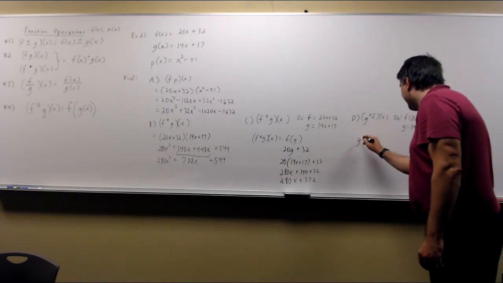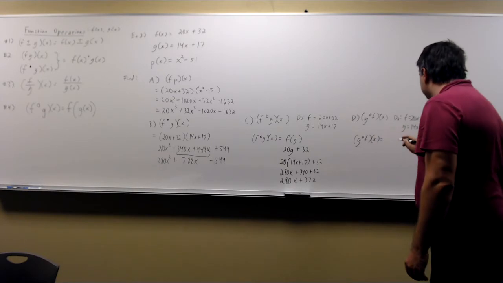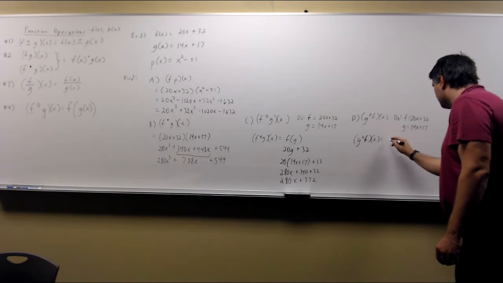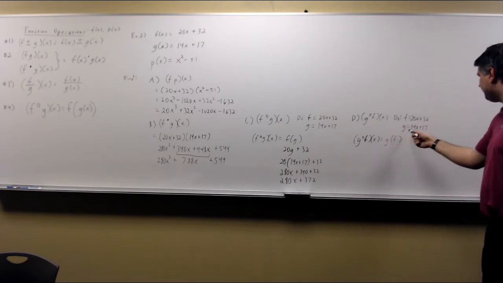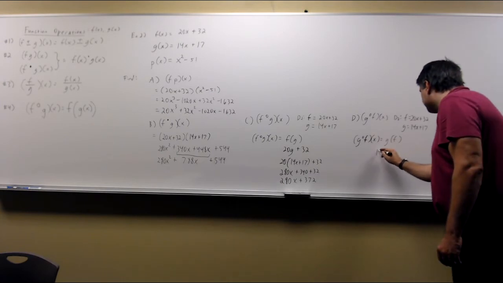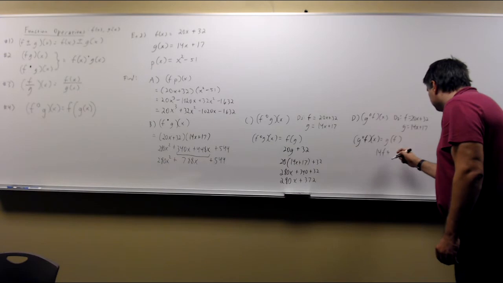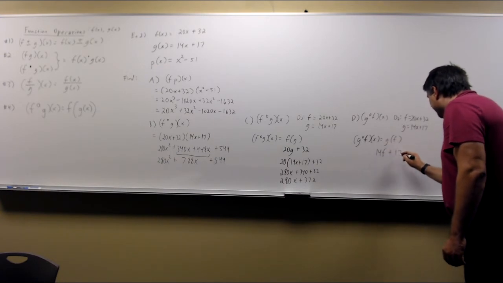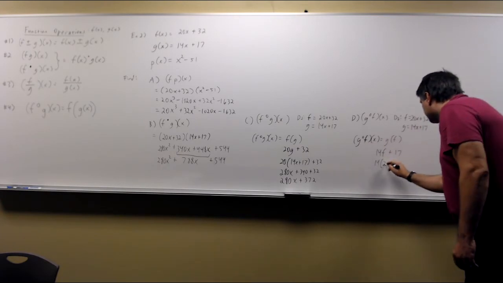So, g of f of x is literally g of f. So I'm going to plug f into g. So that's going to be 14f plus 17. 14f plus 17. So that'd be 14 times 20x plus 32